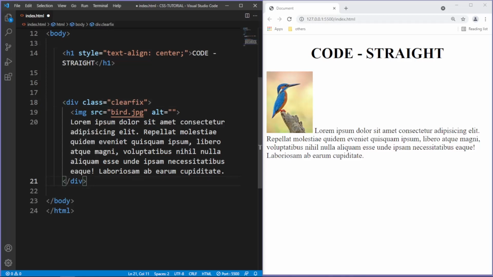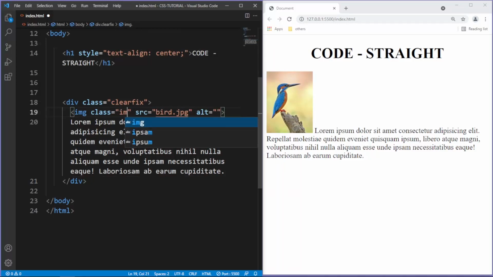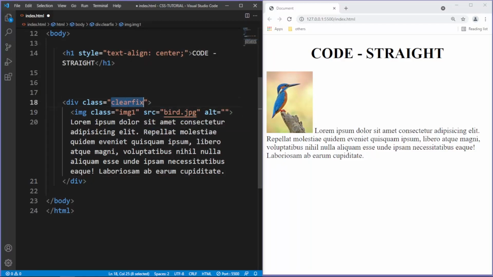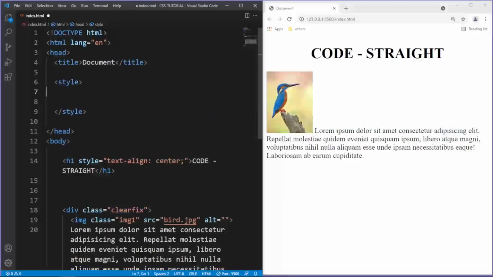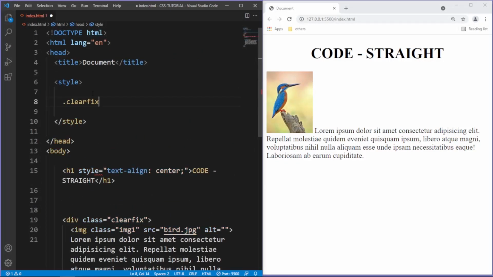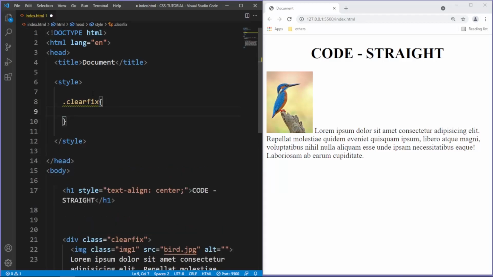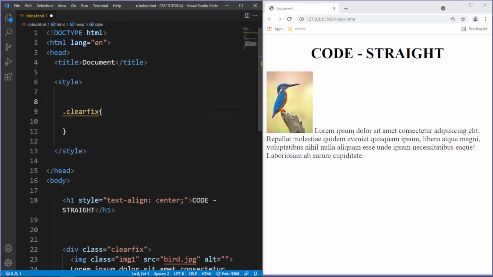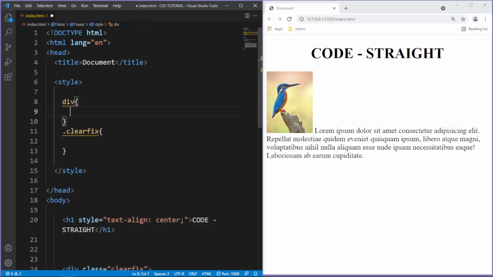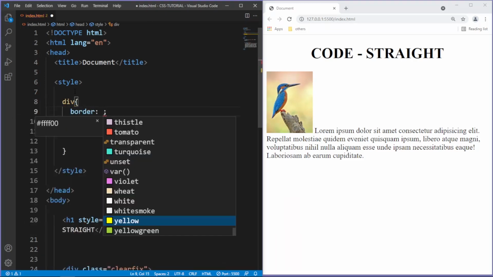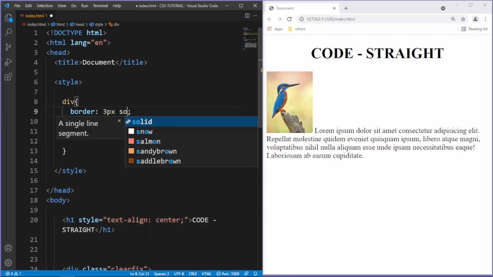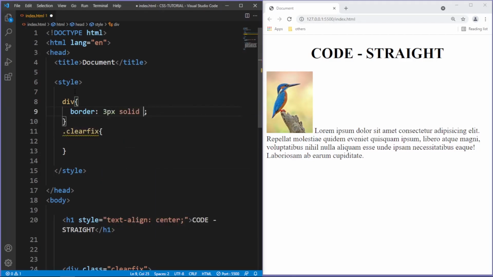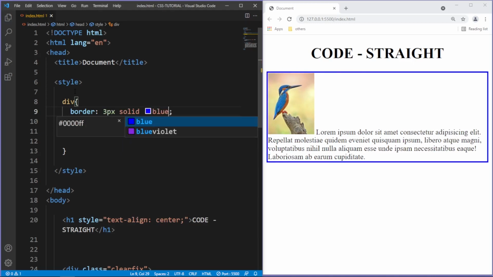and I'm also gonna give a class to our image equals img1. Now copy this class and paste it in here, followed by period, and before that I'm gonna give our div some styling. Say border would be 3 pixels, solid and blue. Save,